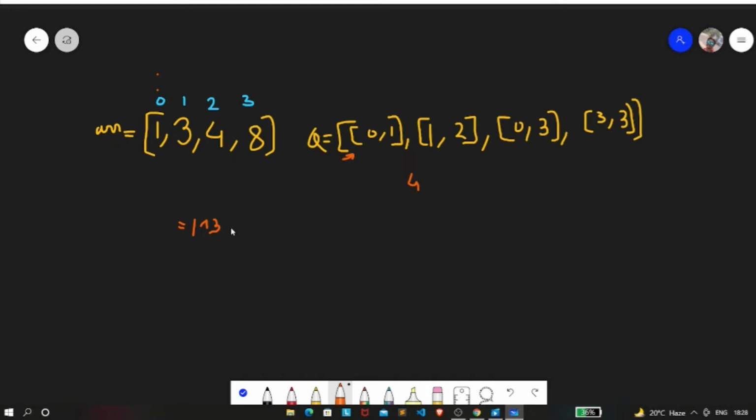Okay, so when you perform the XOR operation, if you see the XOR, this is 3, this is 1, so this will be nothing but 2, right? Because this is 0, this will be 0. So if you convert this into decimal, it will give me 2,